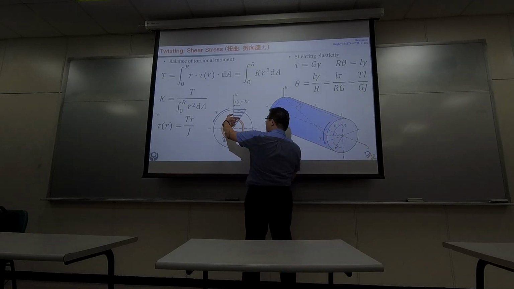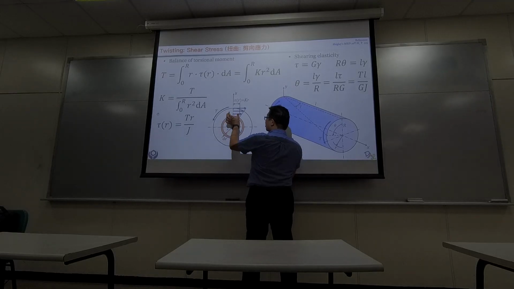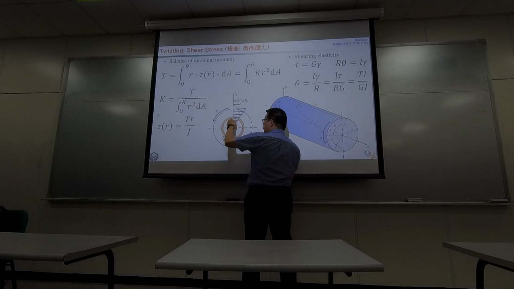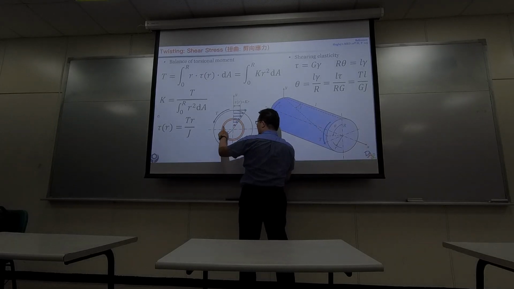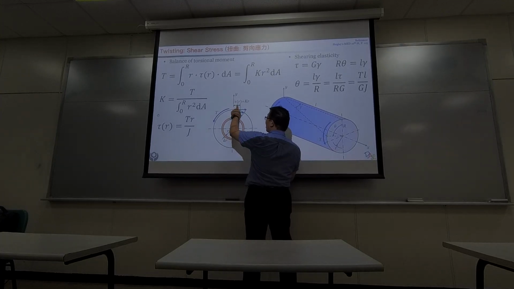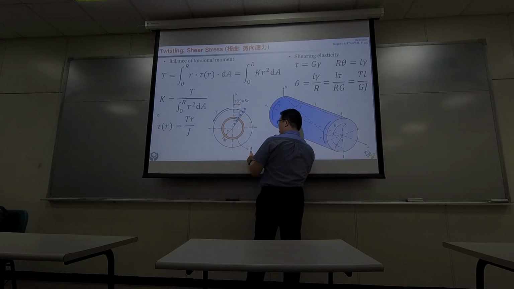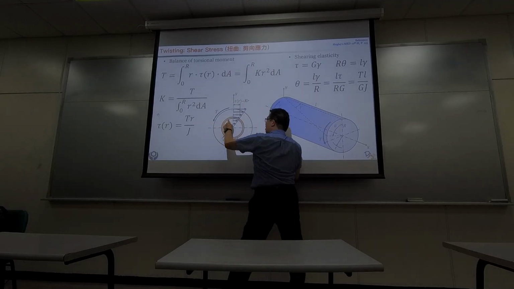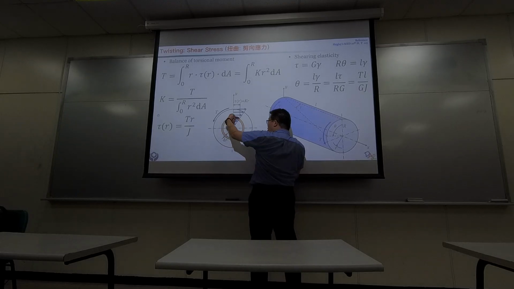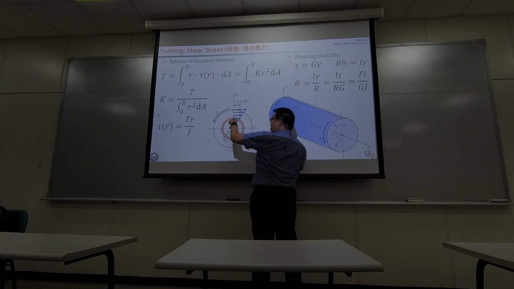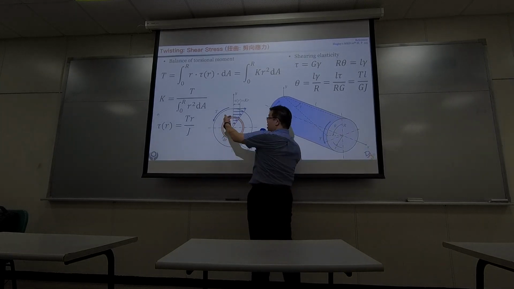So how much force do you have? So basically, stress times area. That will be the force on the ring. Total force on the ring. So stress is tau, area is dA. Stress times area is the force on the ring. All the tangent forces on the ring, times the radius, what's that? Basically the moment